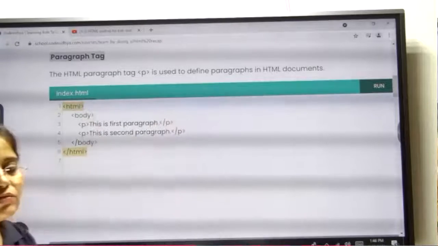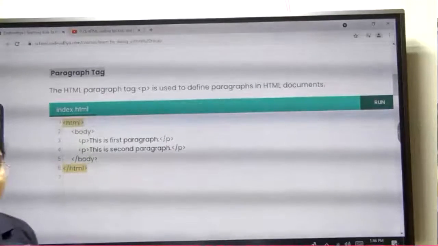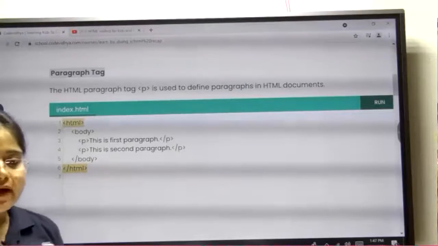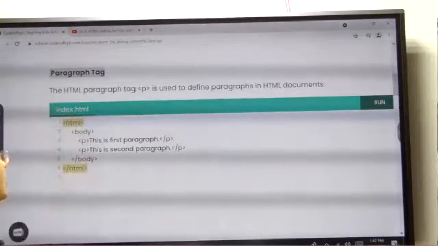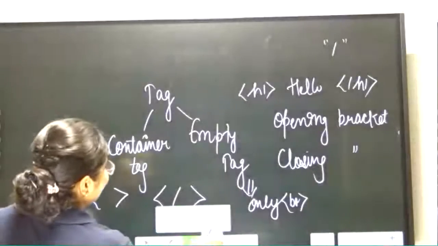Okay. So next we are having paragraph tag. The HTML paragraph tag P is used to define paragraph in HTML. So right now we have practiced heading tag. Now next is your paragraph tag.